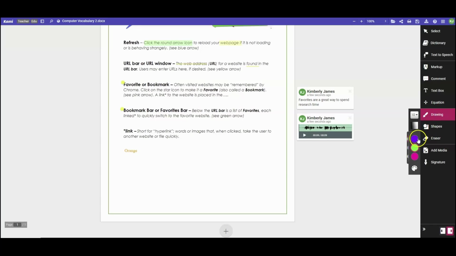Drawing is very straightforward. It's exactly what you think it is. If I wish to circle something, if I wish to change the size of the pen I'm using, change the color of the pen, and younger students will enjoy using this with their fingers. You don't always have to be using a mouse or a stylus. Any of those 3 things will work, mouse, stylus, or the